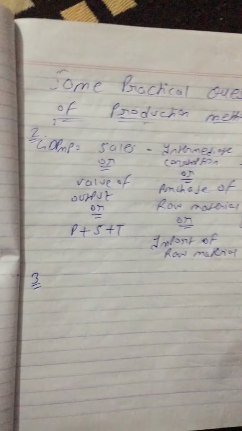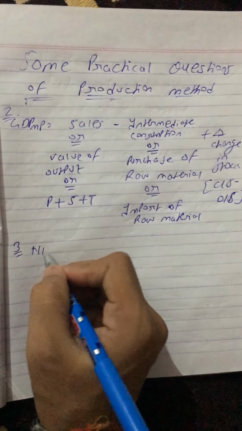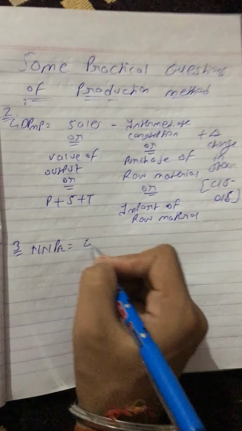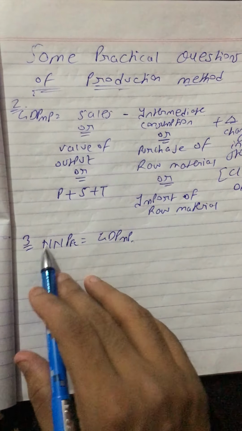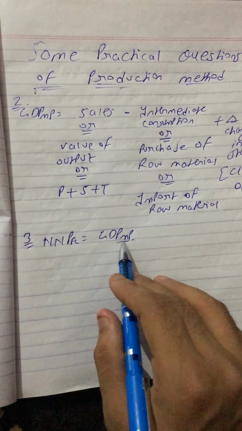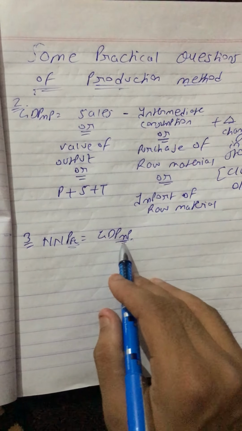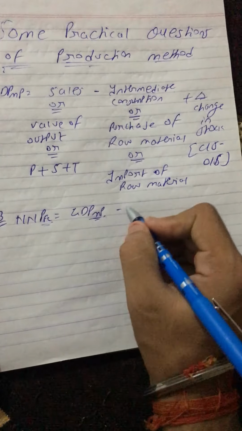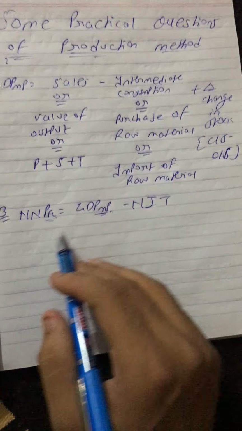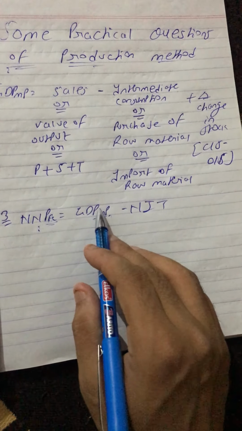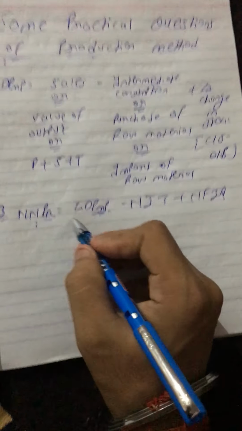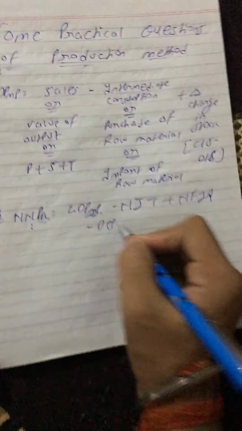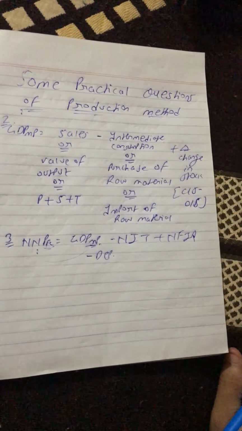So next, step number 3 is calculate NNPFC with the help of GDPMP. So it goes from beta right to left. For example, we have to calculate FC with the help of MP. So MP to FC, minus NIT. So we have to calculate NP with the help of DP to NP, plus NFIA, and gross to net, minus depreciation. Is that clear? Beta, this is your formula of production method.